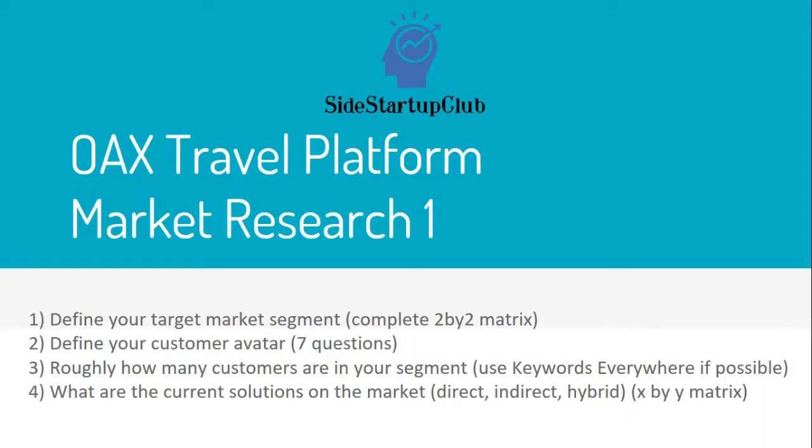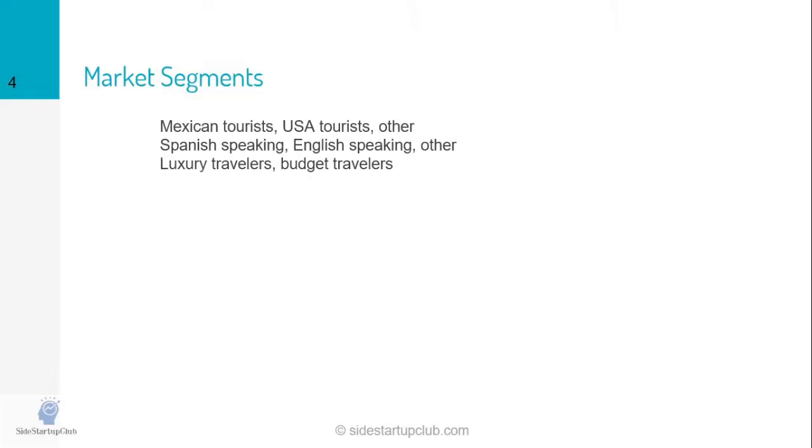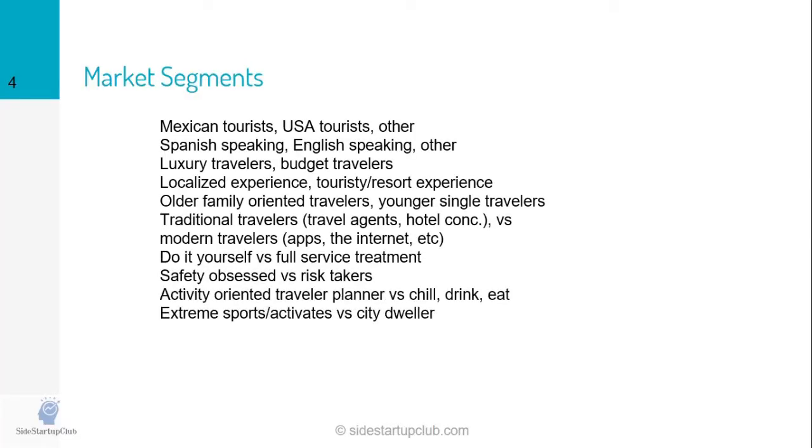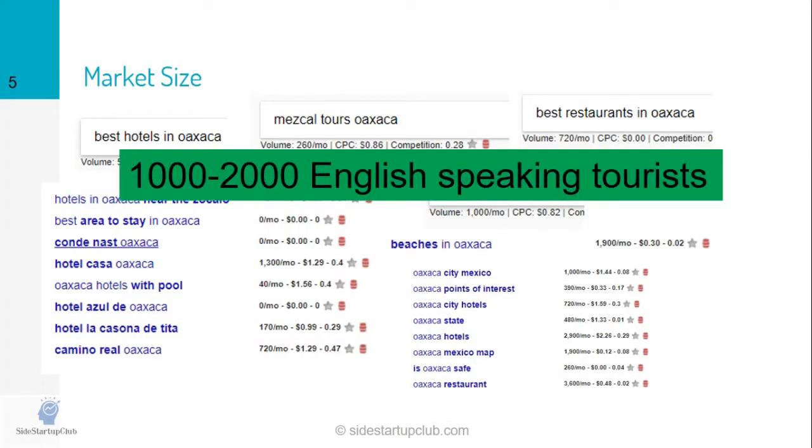So real quick, to review what we did for the Oaxaca Travel Platform Market Research 1. We started with a market research overview just to gain some quick information, and then we went through and brainstormed all the different segments that exist in the tourism market, and we just knew that for now we only wanted US English, and we didn't know much more than that. We stepped back and took a look at the market size using Google Keywords Everywhere and discovered that it's about